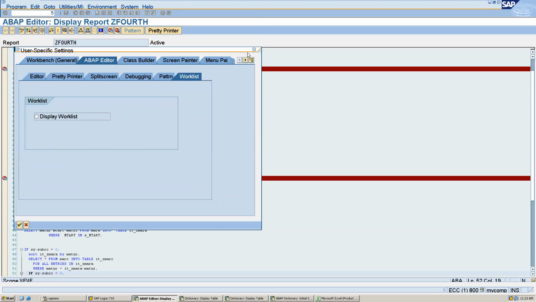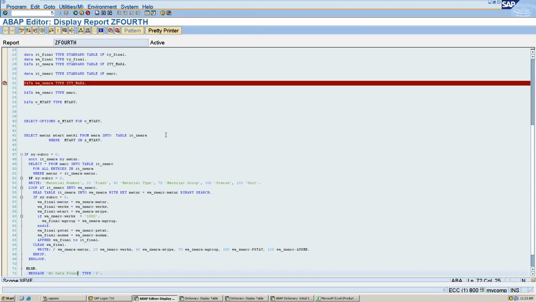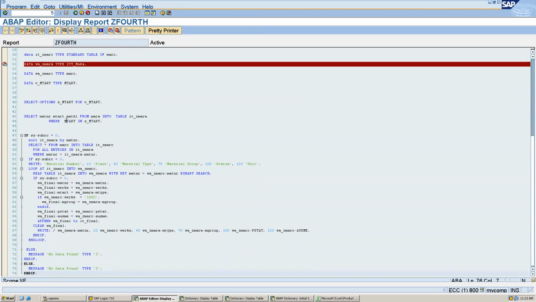Okay, so in the last program, we selected from multiple tables. First we selected all the data from our MARA table, and then we selected from the MARC table, and we saw how we can use FOR ALL ENTRIES.